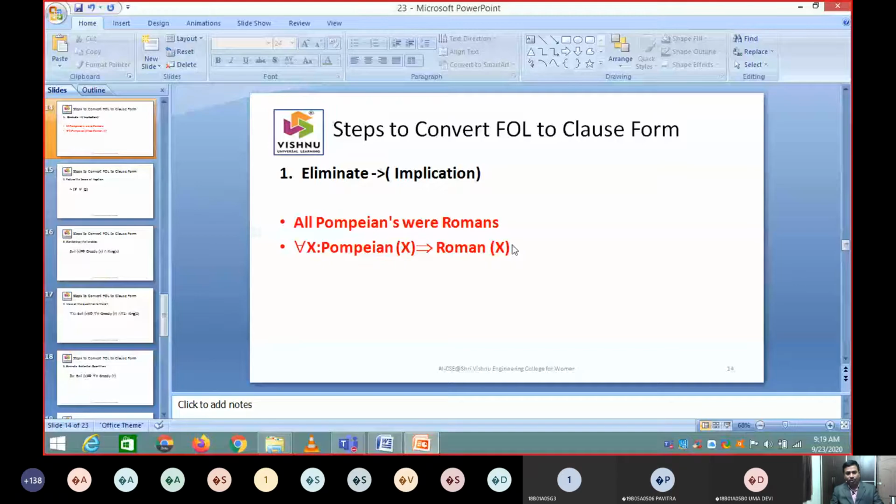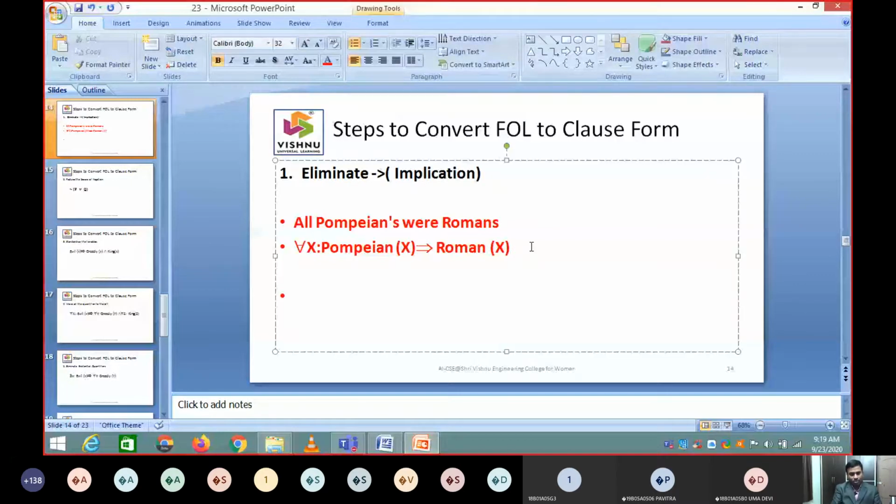So what we can do at this moment is remove this implication. For all x will be there at some point of time, and in the next steps this for all x will be removed. For all x, negation of... this is what the first rule is. Most of the people have this implicit understanding, so obviously everyone can understand this part.